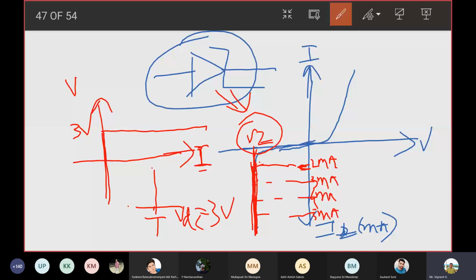You purposely ensure that this diode is operated only in the reverse bias condition. You don't forward bias this. If you forward bias this Zener diode, it is going to act like a PN junction diode. There is no specific purpose that you use a Zener diode in the forward bias condition. You ensure that it is always in the reverse bias condition.